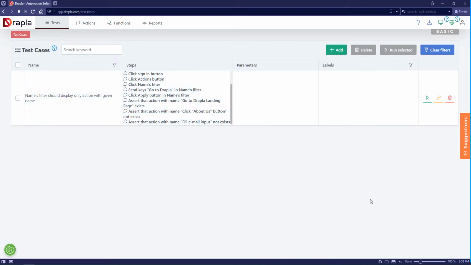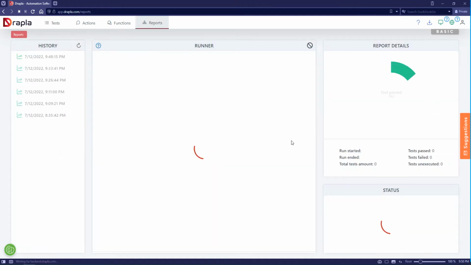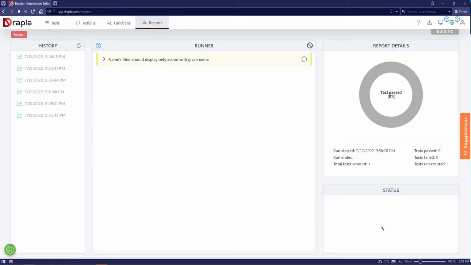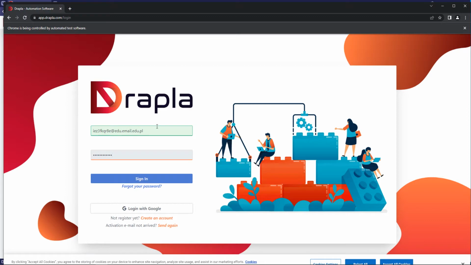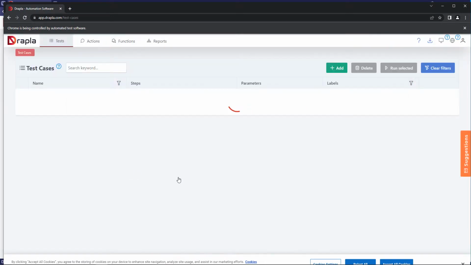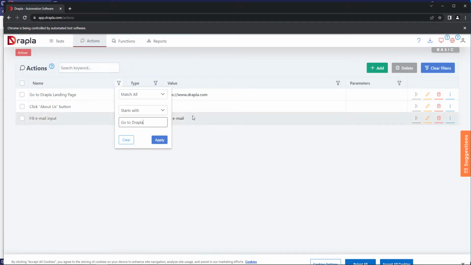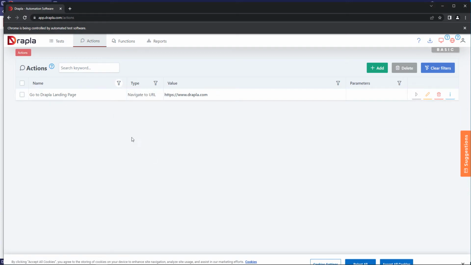If we want to run that test case, we have to run the test browser and check the desktop connection status. There we can see in our desktop icon that Drapla is launched, and if Drapla desktop is launched, we can just press the run test case button, and we can see a new browser open. Then Drapla provides email, password, presses the sign in button, moves to actions, and does all of that stuff that I mentioned before. There are a few assertions.